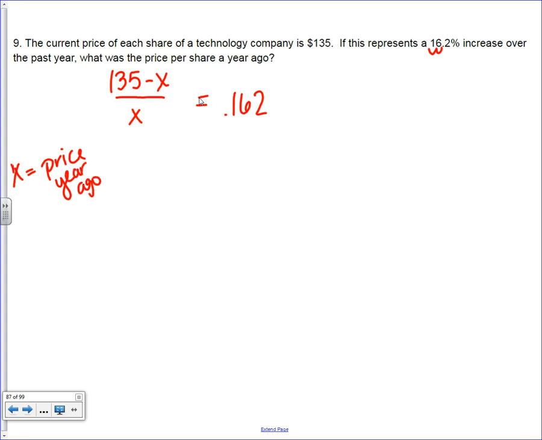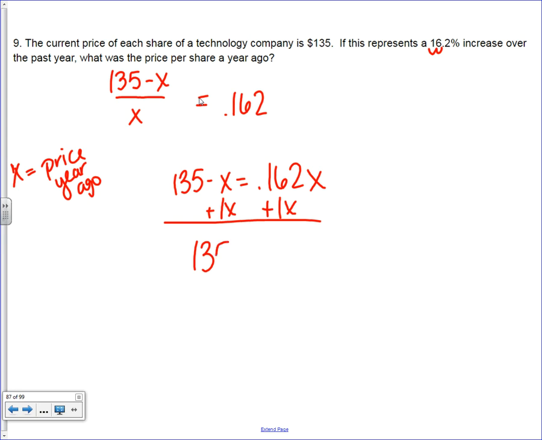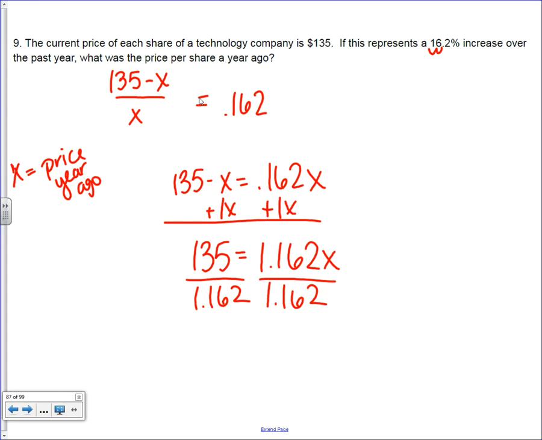So now I'm ready to solve this. I'm going to multiply by x on both sides to move that x over. Then I'm going to add an x to both sides. And then I'm going to divide by 1.162. And let's see what we get here. 135 divided by 1.162 gives me,